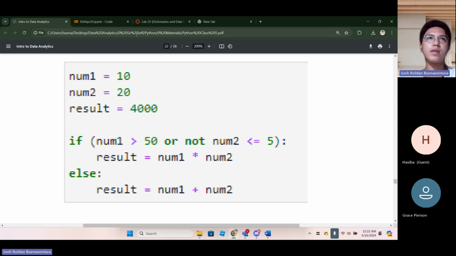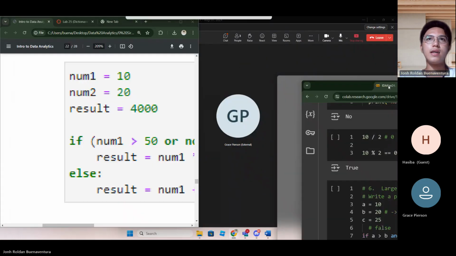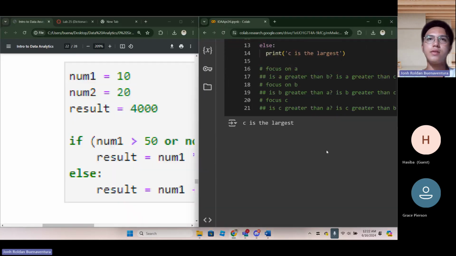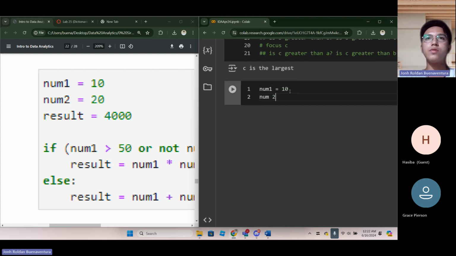I think it's better if I type it on the column so that we can see the structure. So num1 is 10. Num2 is 20.